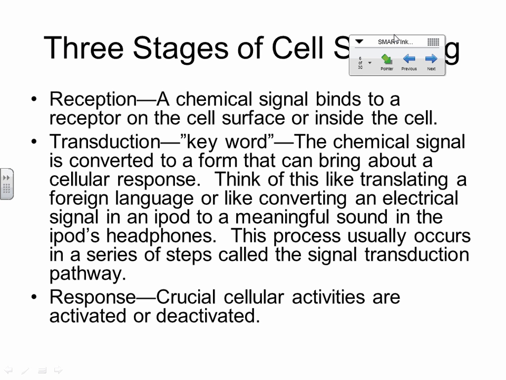But it triggers step 2, which is transduction. Remember, the key thing in transduction is that the signal gets, first of all, translated. The cell makes sense of what it's supposed to be doing. And it also gets amplified. One hormone can cause, at the end of the pathway, lots of things to get made, right? It's not a one thing. One hormone can cause bunches of stuff to happen. That's amplification. You got to remember, though, that this transduction step is a lot of steps. It's a series of steps.